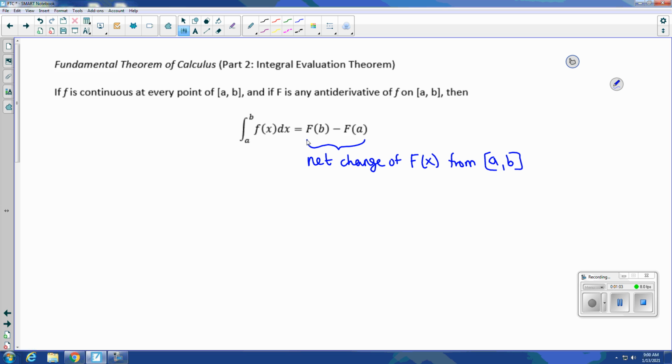So we want to understand that when we evaluate an integral of a function, we are calculating the net change of the antiderivative of that function along that interval. And this will allow us to now have an algebraic way to determine the area, or the net area, I should say, between the function curve and the x-axis,